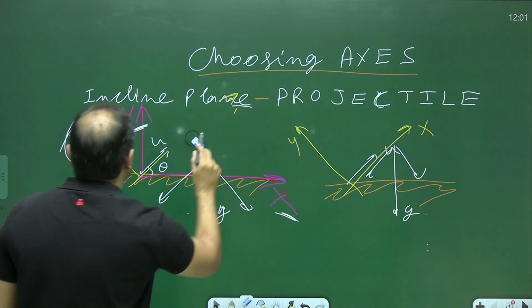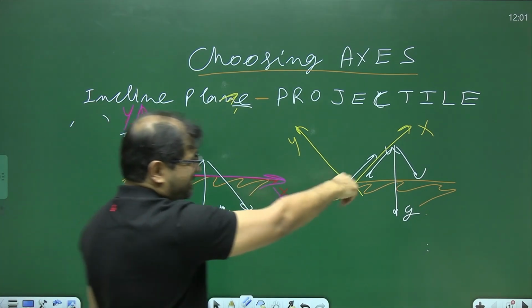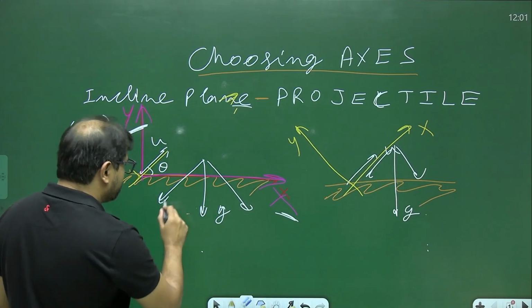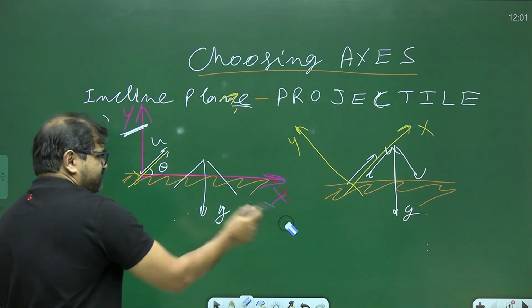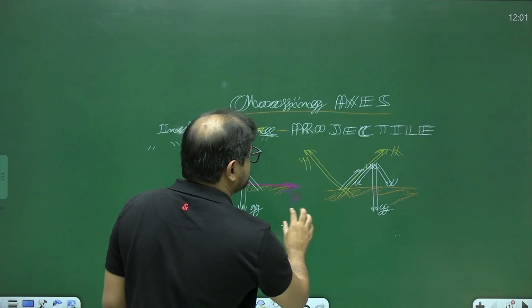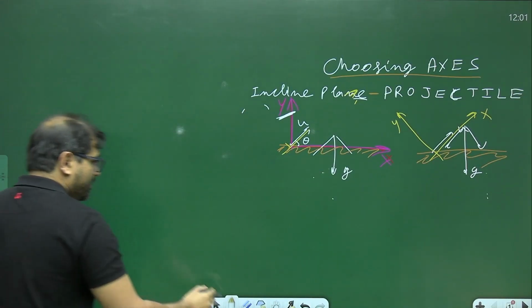Right? Whereas if we choose this as x and y, we are not going to take components of gravity. Yeah, sounds good. But the question that comes is this: what happens